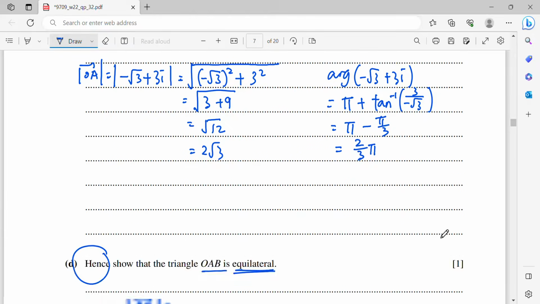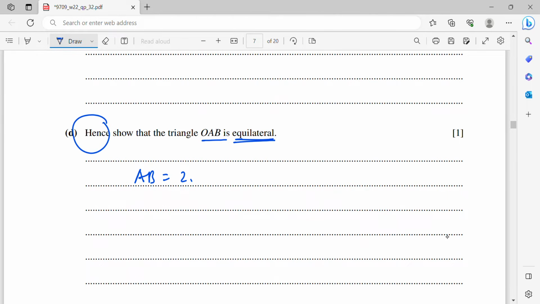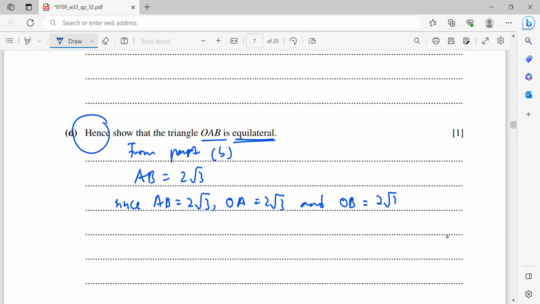So I will write it is 2 root 3, from part B. Since AB is 2 root 3, OA is 2 root 3, and OB is also 2 root 3,